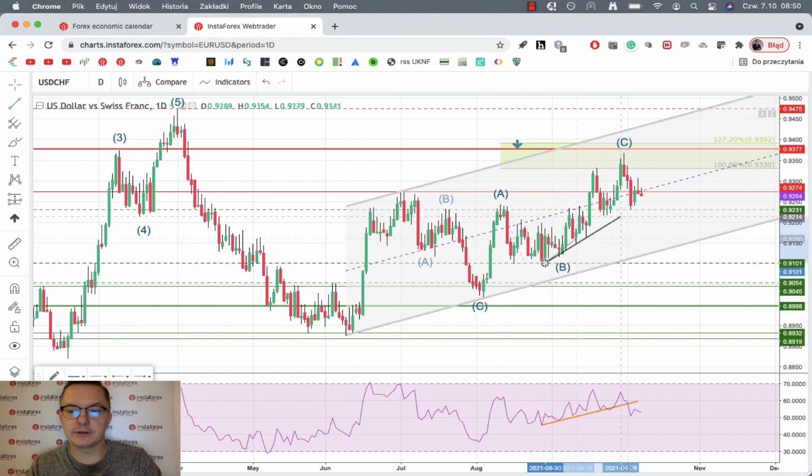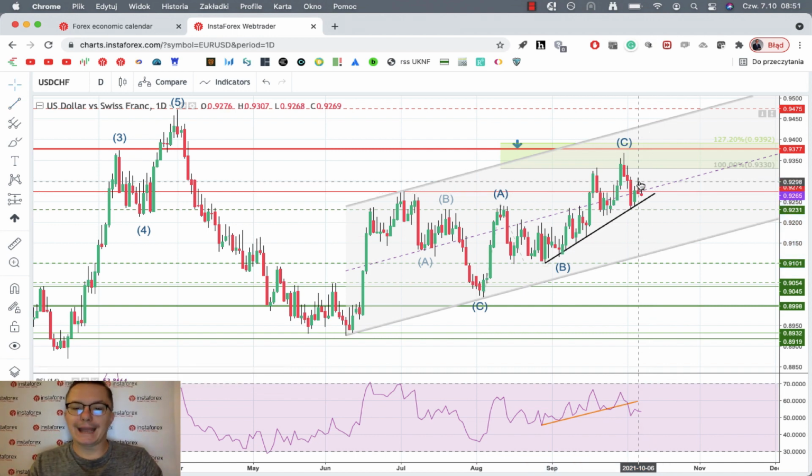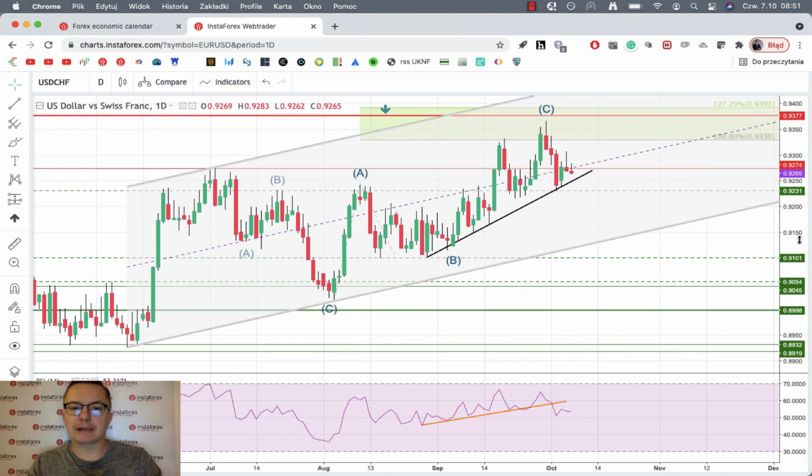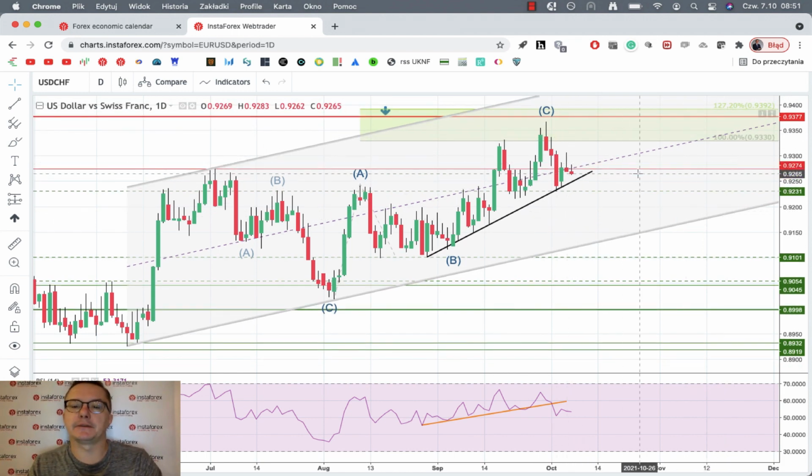We have this internal trend line here that the market respects and recognizes. So any breakout below this level would mean the wave C top has been confirmed at this level here. That candle doesn't look very good. A long upper shadow on a daily time frame chart of this kind of candle means that bears are preparing to break below this